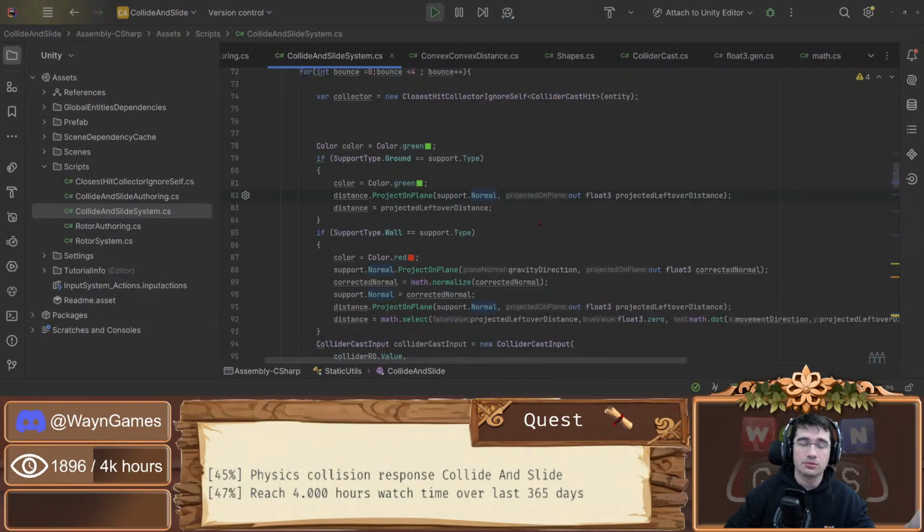I need to remove the vertical component of the normal. Can I do that? If I do that,